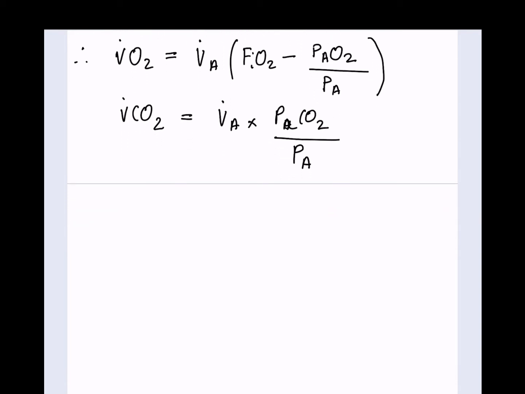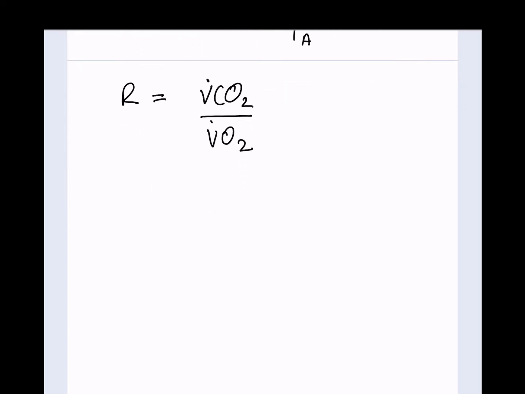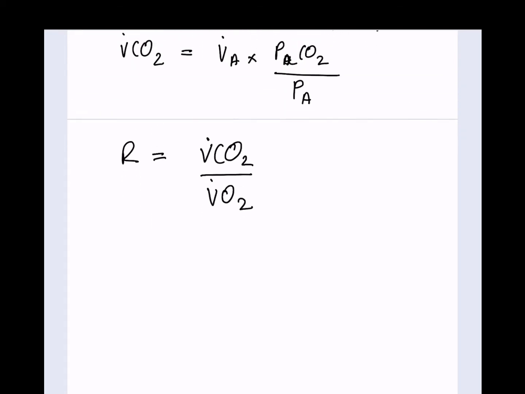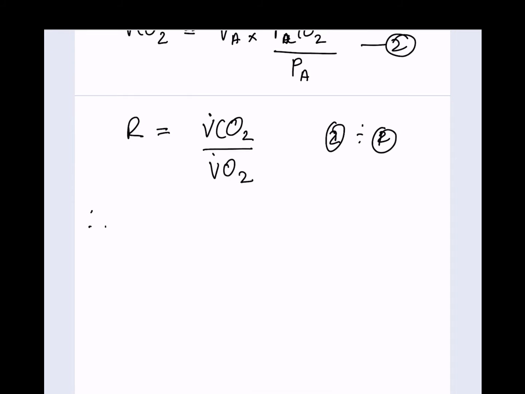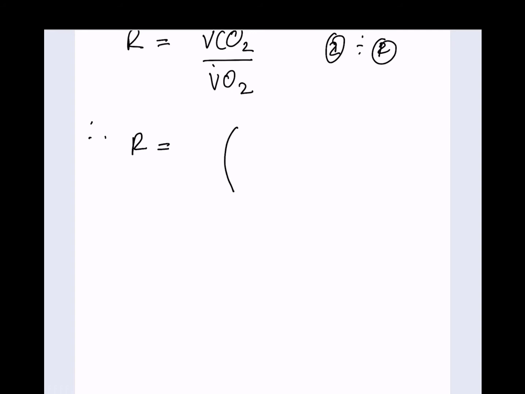Now remember what R was. R was equal to V dot CO2 upon V dot O2. Remember, that was the definition of the respiratory quotient. So if we put equation 1 and equation 2 together, so if we divide equation 2 by equation 1 to get VCO2 divided by VO2, which equals R, then we get the fact that R here equals to